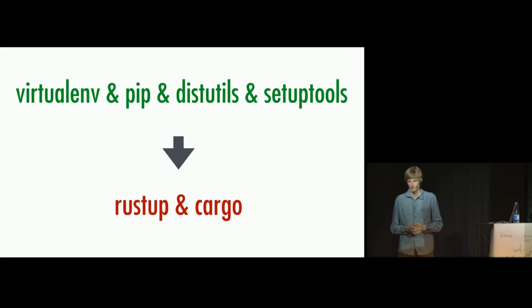In Python, we have a lot of tools that we have to work with. I think the majority of us are probably using virtualenv, pip, distutils, and setuptools. And in Rust, that comes out of the box in the form of two utilities, one of them called rustup. Rustup is a way for you to manage multiple Rust installations. So instead of installing Rust, you install rustup, and then rustup manages your Rust installations. So for instance, you can track stable or beta releases at the same time,